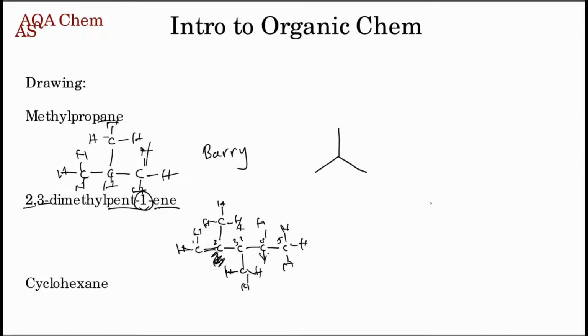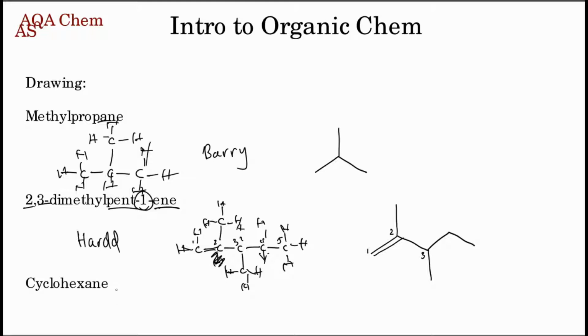Now, how about in skeletal formula? In skeletal formula, we have the pent with a pent 1-ene. So let's start with the pentane, which is 2, 3, 4, 5, like that. But it's not an ane, it's an ene, so we need a double bond. This is carbon 1, that means the double bond goes here like this. And now we need the 2,3 dimethyls. So this is carbon 2, there's a methyl group. This is carbon 3, there's a methyl group, and you're done. That's 2,3-dimethyl pent 1-ene. And I forgot to give it a name, Harold. It's obviously got to be Harold.